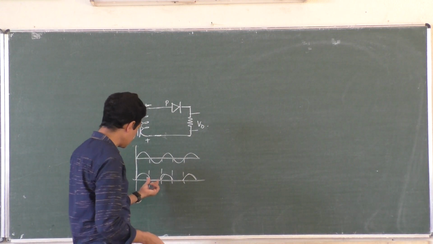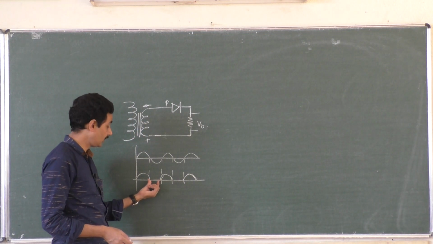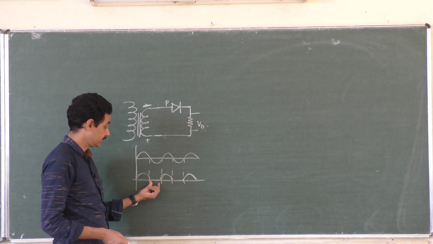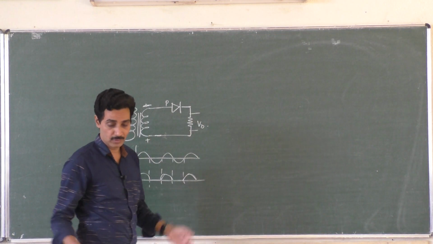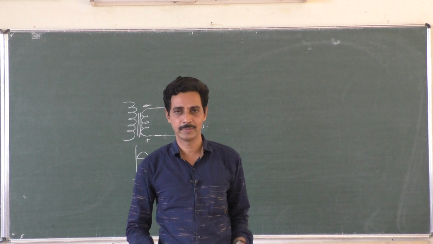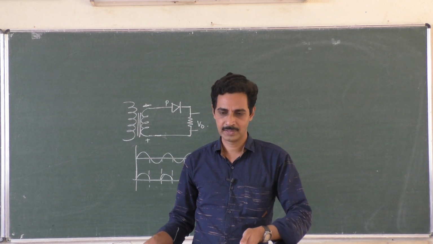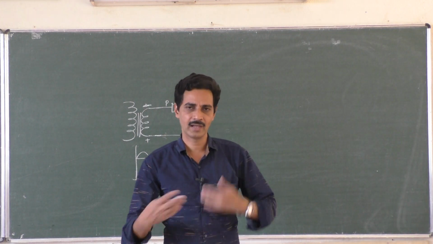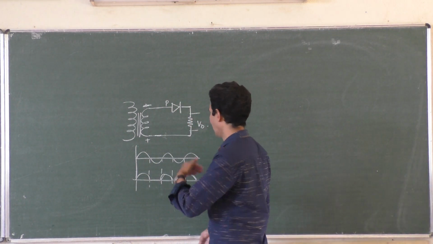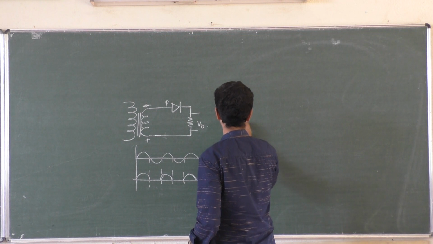Now we want the output during this time also. Like during the holidays also the school should be open. It is completely closed. We want it to open during holidays also. So we will have a shift method. Some classes come during some time, 3 days per week, and the remaining 3 or 4 days another class. So we will take the help of another diode.